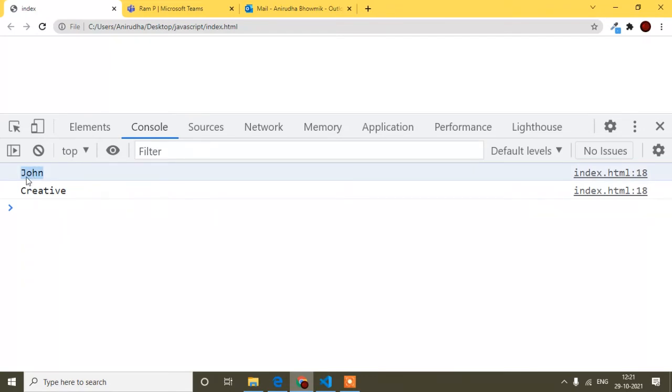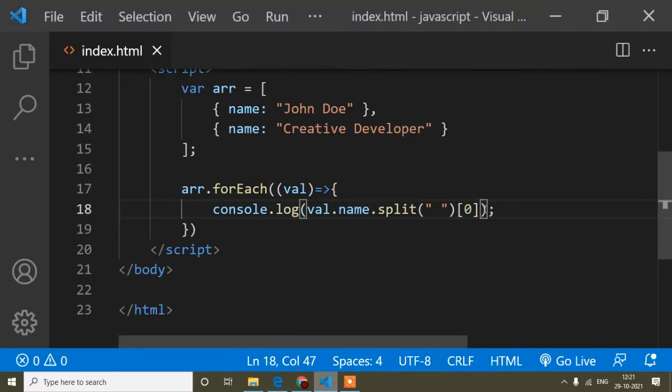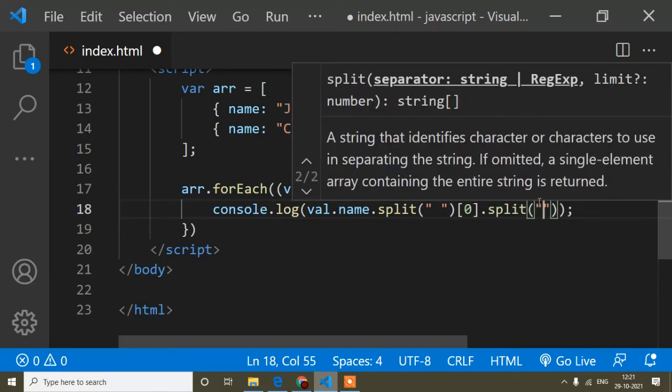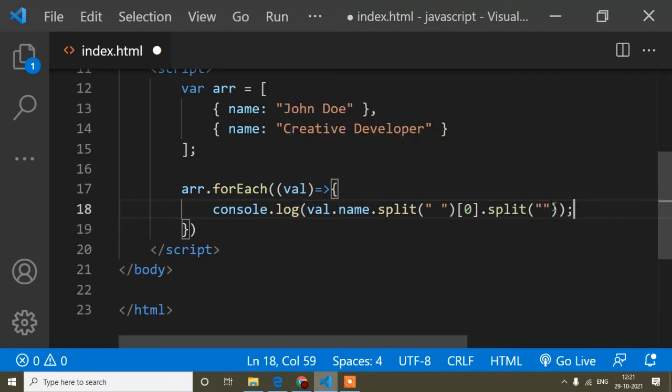Now I will create an array from the John. See here how I will create it: J will be a different value, O will be a different value, like this. Here you can see J, after that no space. So without space I want to create an array. So now when I write the split method, I will not add a space inside this inverted comma.